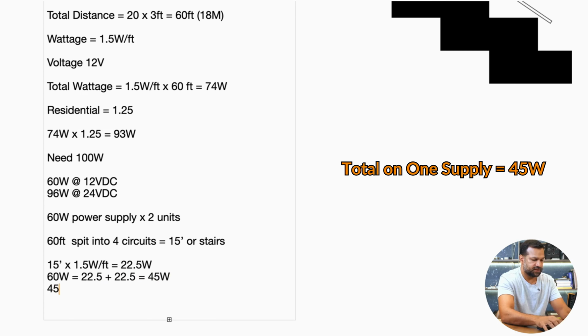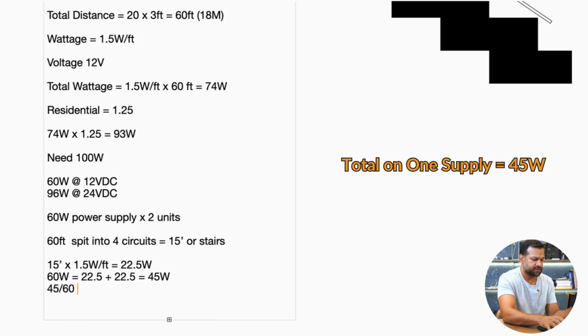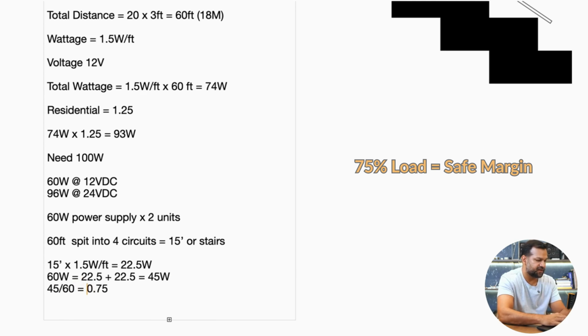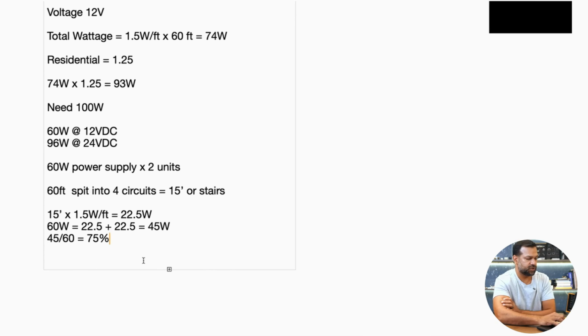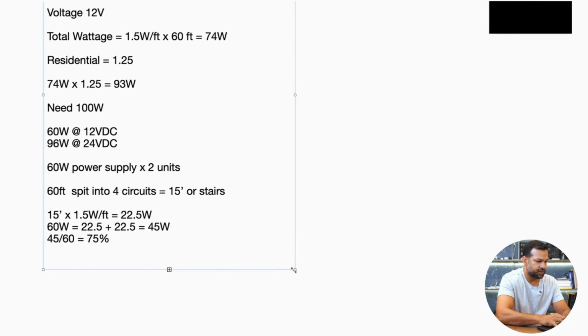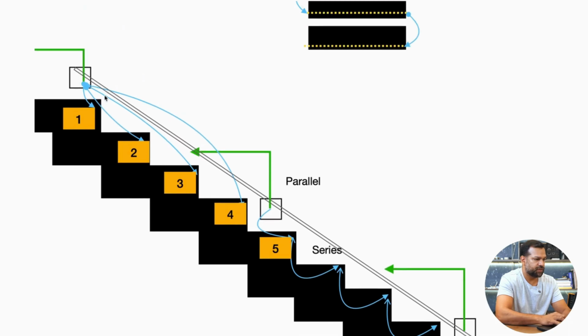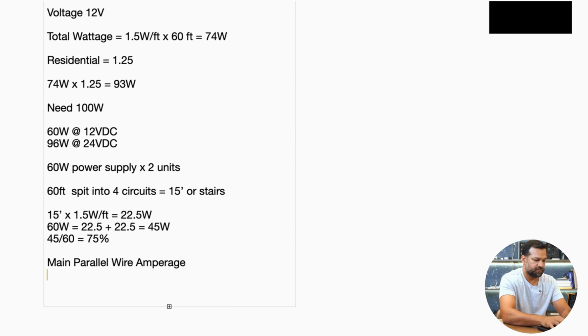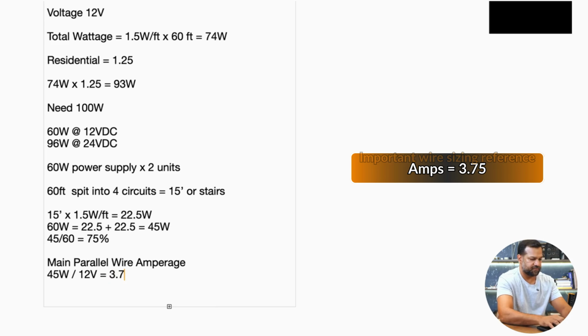And let's just see if we're okay with space. Yeah, so that power supply is only being loaded 75%. So we're okay. Let's check the amperage on those wires. So on that main parallel wire, which is this main wire right here, the amperage on it is going to be 45 watts divided by 12 volts, and that's 3.75 amps,